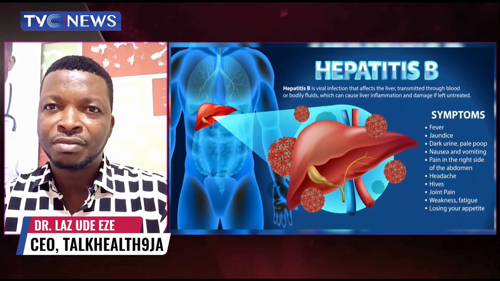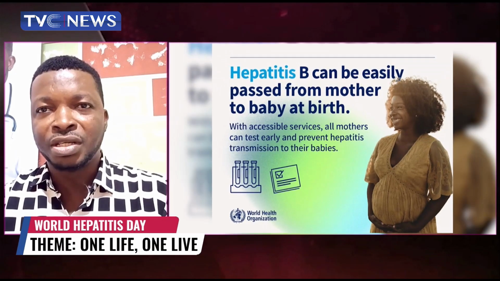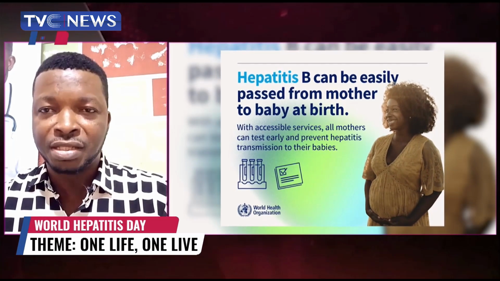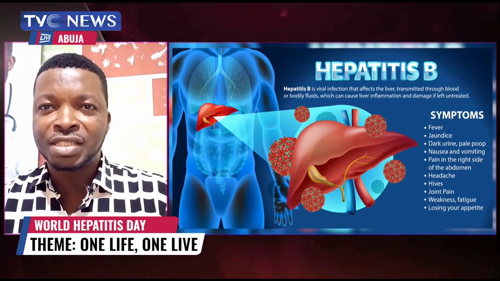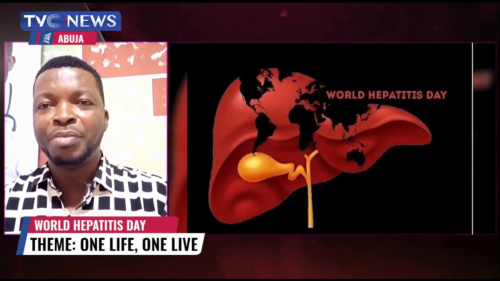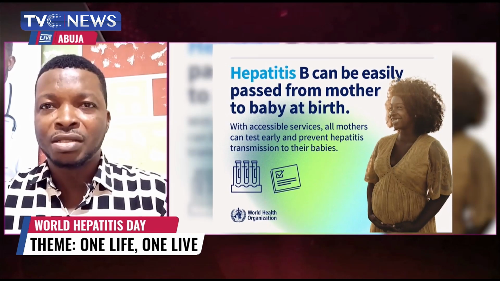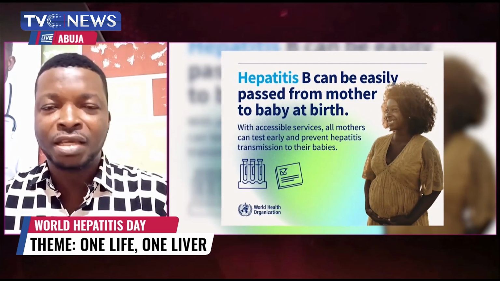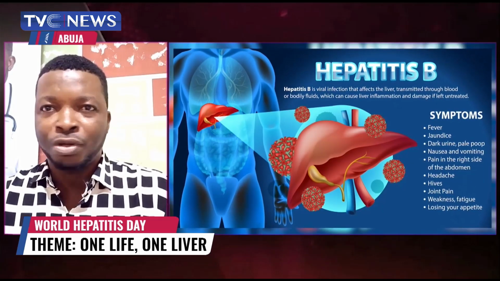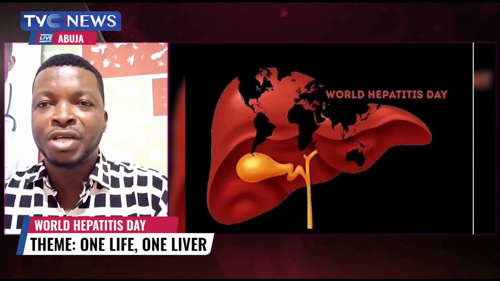All right, so how is hepatitis diagnosed and what are the symptoms? Yes, it could be diagnosed through screening, especially for hepatitis B and hepatitis C. It's important to mention that hepatitis is described as a silent epidemic because many times someone could be infected without showing any sign or symptom. Hepatitis A and E can also be not severe enough and could just go away after showing some symptoms.